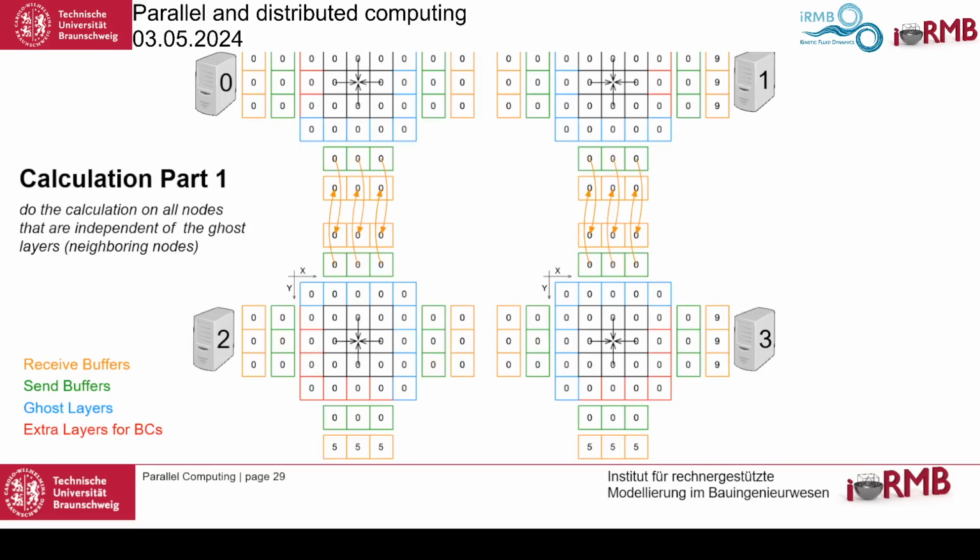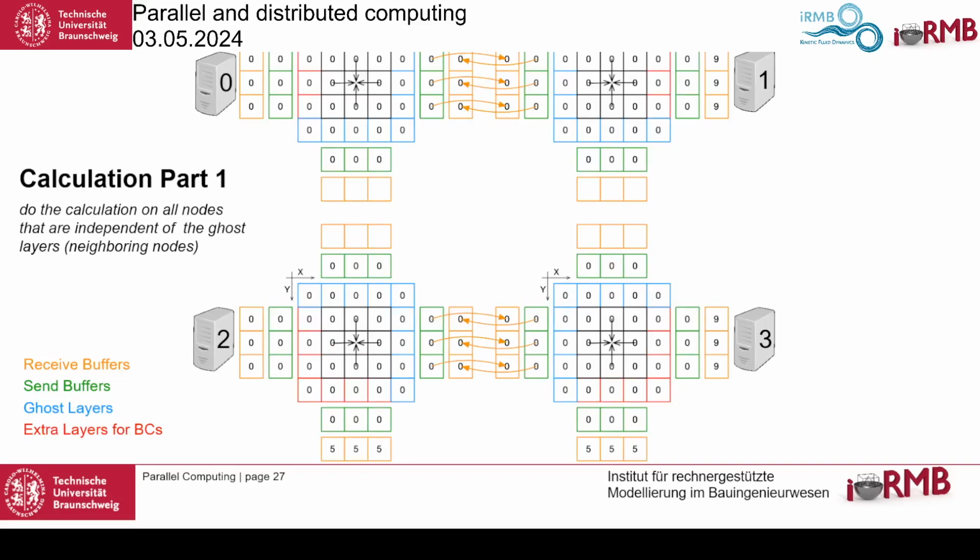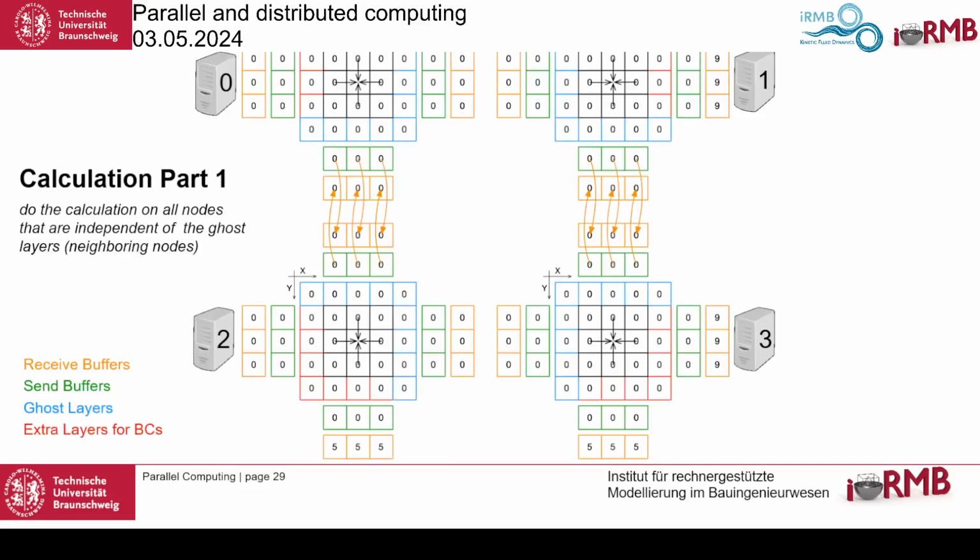Now, in the next step, what was actually, okay, so you can exchange also in different directions, I guess. Do the calculation on all nodes that are independent of the ghost layers. Yeah. Right, so why does this picture look like this? Okay, so what you now do, now you have to make sure